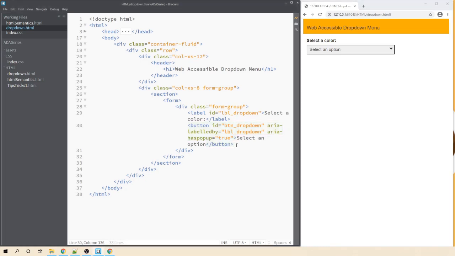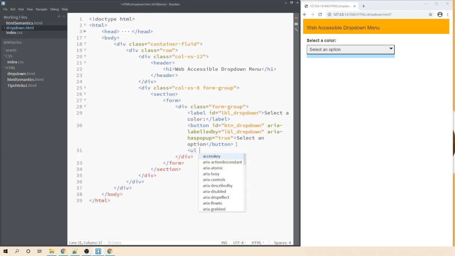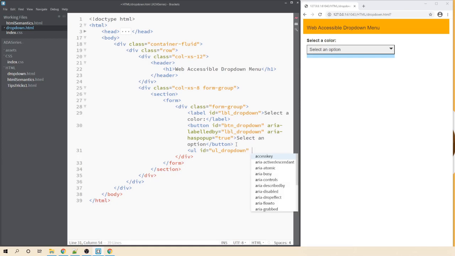For that, we need a UL tag. Let's create a UL tag here. I'll give one ID. We'll say ul_dropdown. I'm keeping the names very generic. Next, we need to add a role, and role should be listbox.